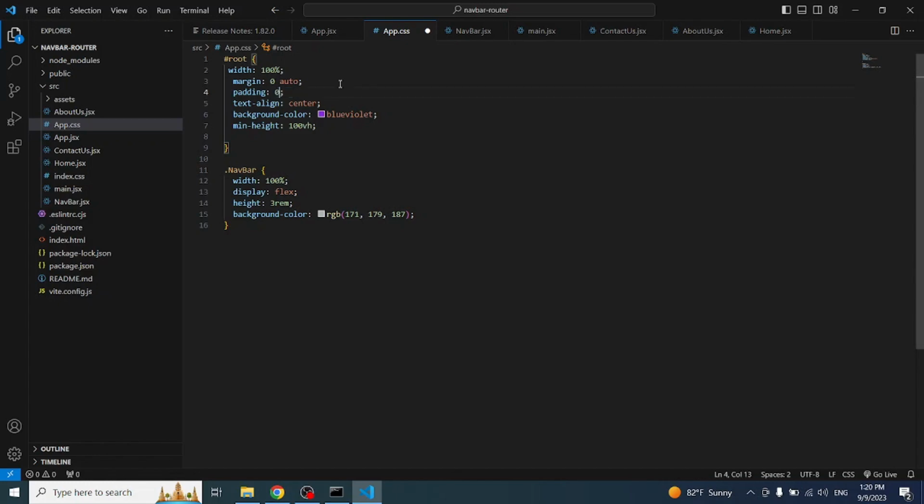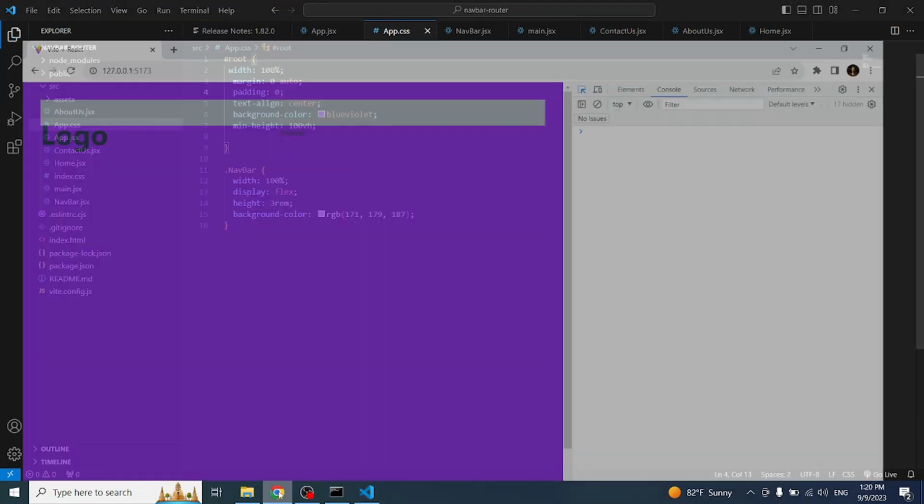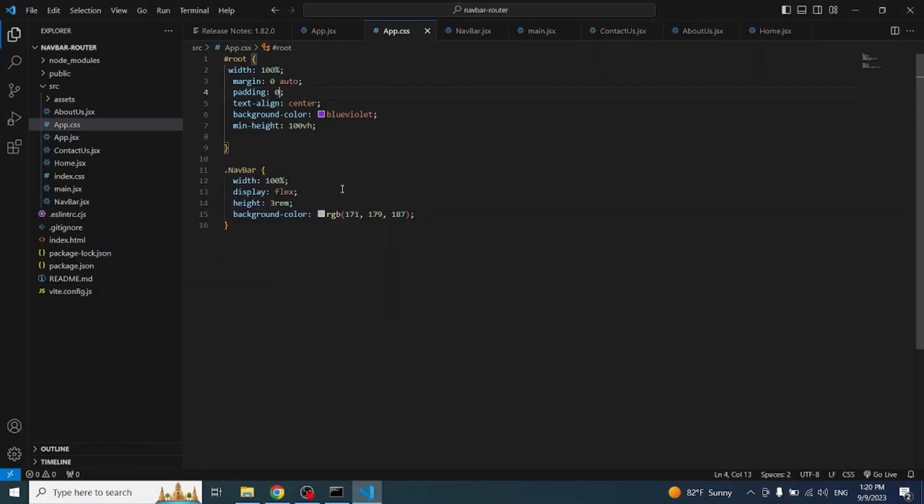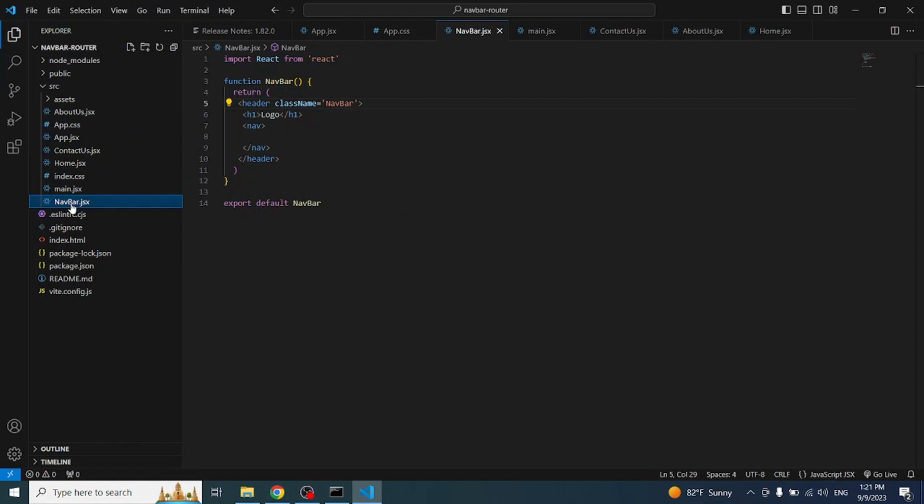Yeah, there it is. So let's get rid of that. Now that logo, why is it logo instead of header? All good here. Let's give this class name of logo. Let's say that